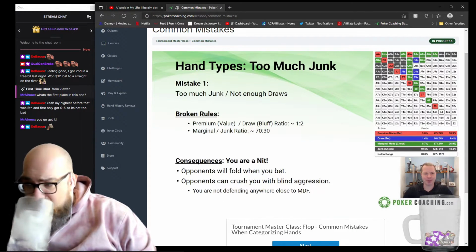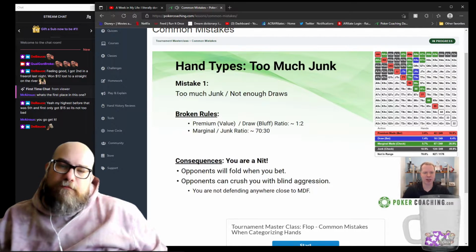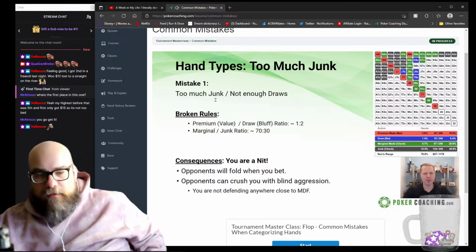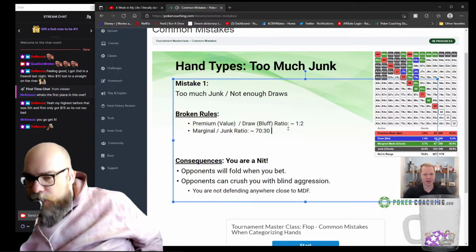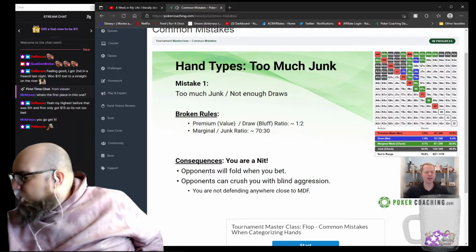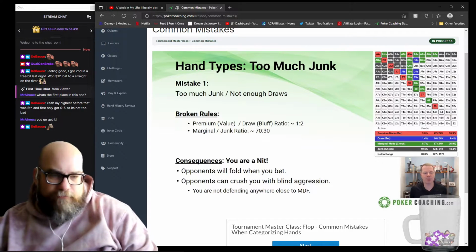All right, so too much junk. So mistake number 1 is too much junk. This is when they break the rule of having too many junky hands in this ratio, right? And not enough bluffs in this ratio. So the consequences are, well, you are a nit. You essentially are betting with...